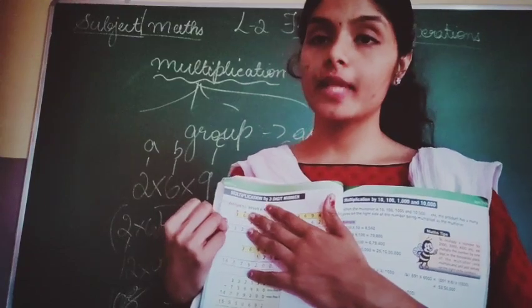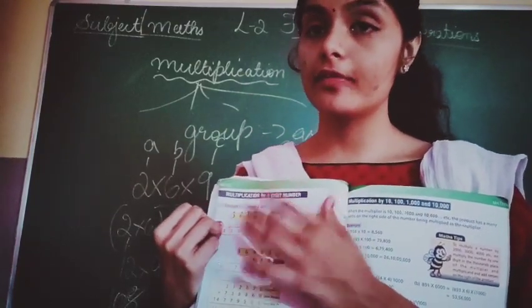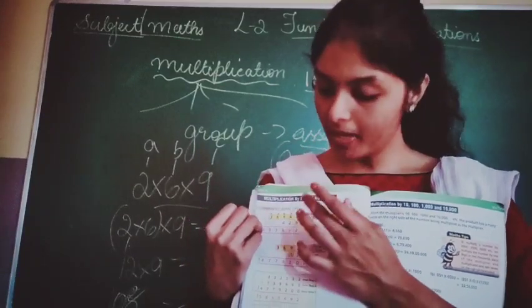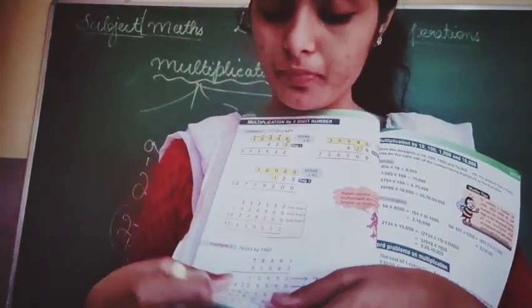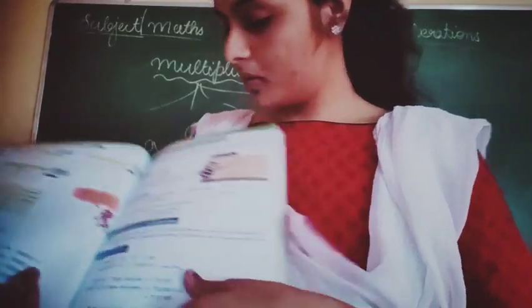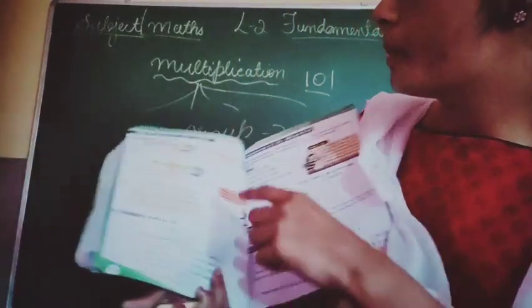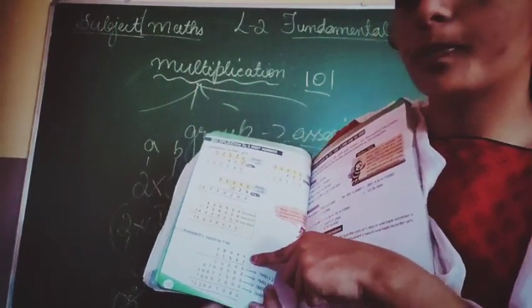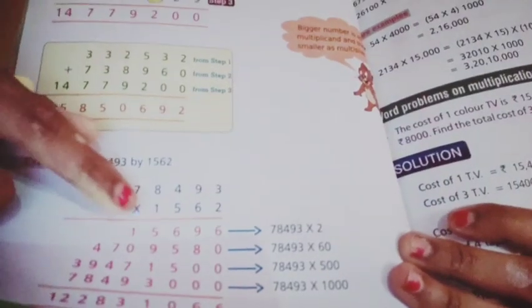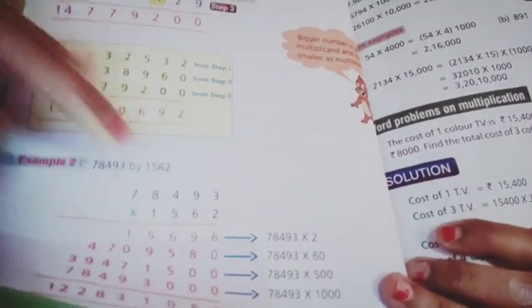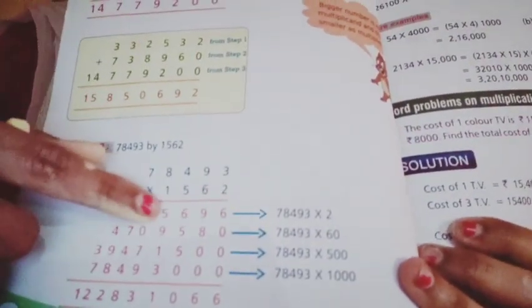Here in your textbook, I have told you a method where you can multiply all together, but here they have multiplied in 3 different ways. After getting the answers, you'll add them. Understood? The same way we are also going to work the sums out and learn how to multiply using a 4-digit number too. Okay, in the last one they have shown how to multiply by a 4-digit number. See, you have 7, 8, 4, 6, 3. You have to multiply with 1, 5, 6, 2. Can you see? First one, 1 7s are.